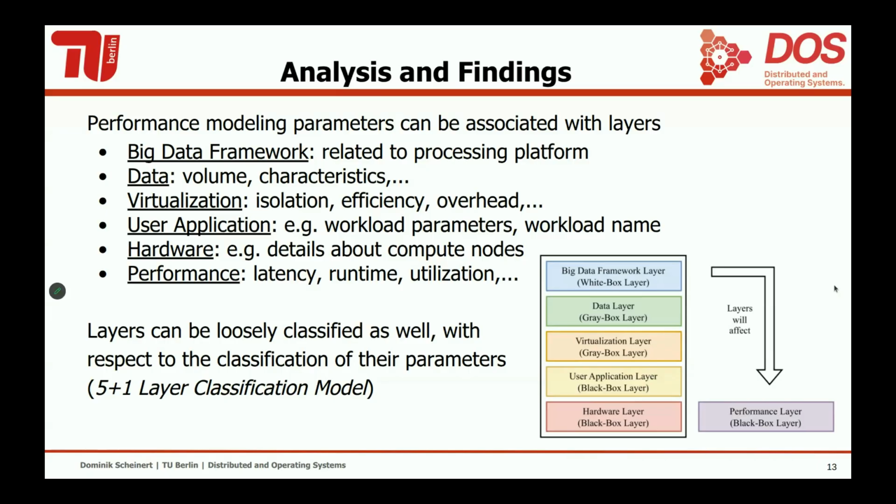And now these here are, of course, also important, and we can associate these parameters with these 5 or 6 layers. And they can also be loosely classified. So if, for instance, all the parameters that are associated with a particular layer are of a particular type, let's say gray box, then you could also say, okay, this is a gray box layer, although this classification is even more difficult than it is with the parameters. So also take this with a grain of salt, but it gives you a first idea on what are the